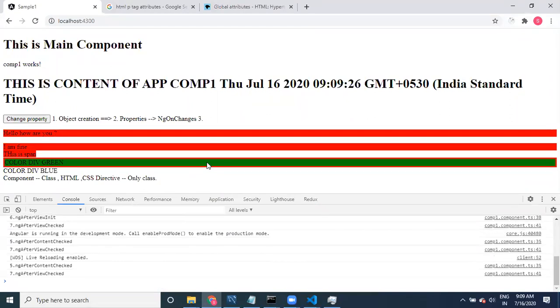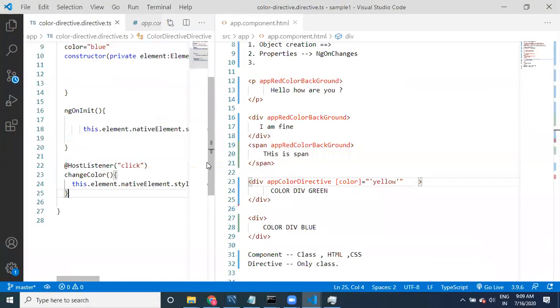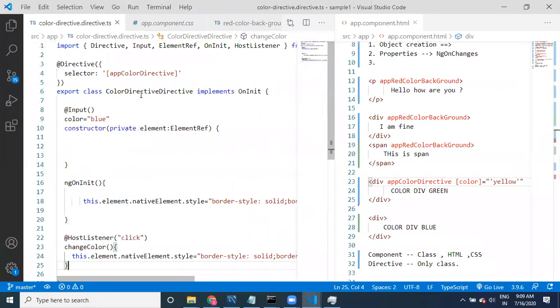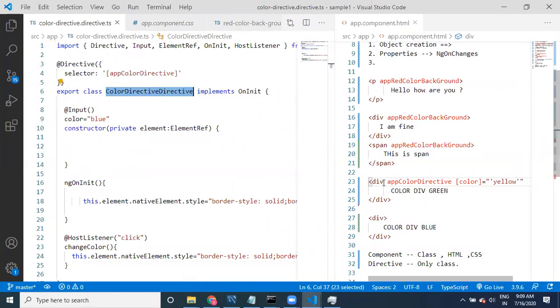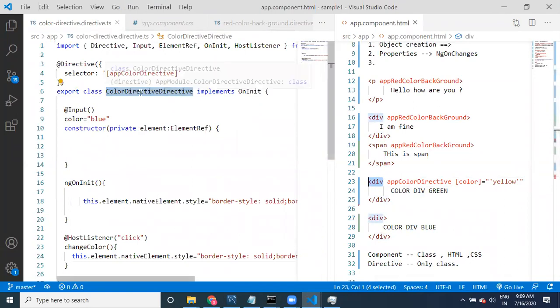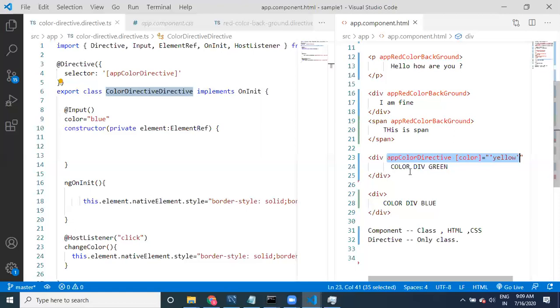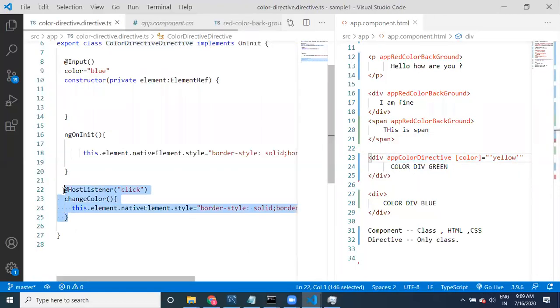The color became green. So if you want to provide some events, whichever element is using this directive, the events will be applied for that element. If you click on this one, what is the logic you want to execute?